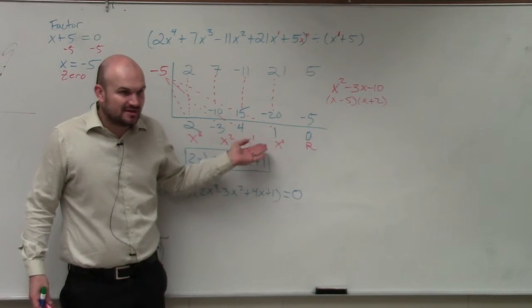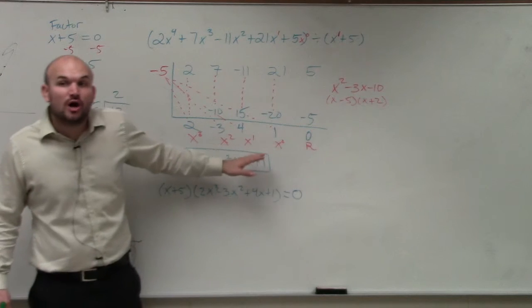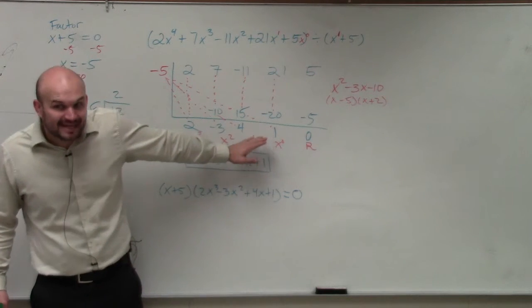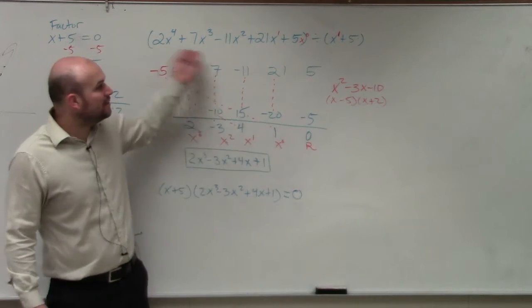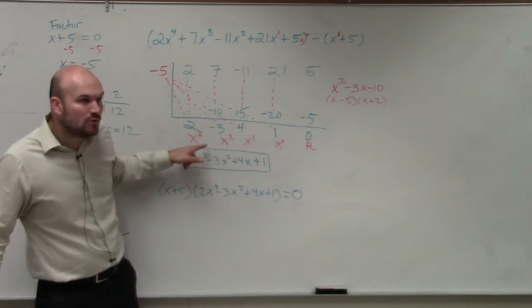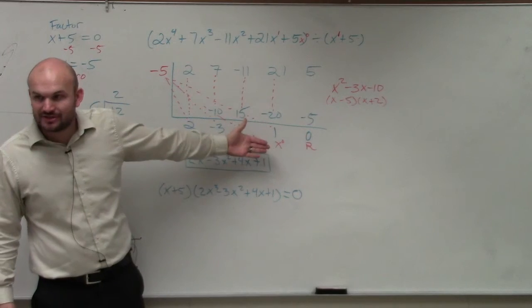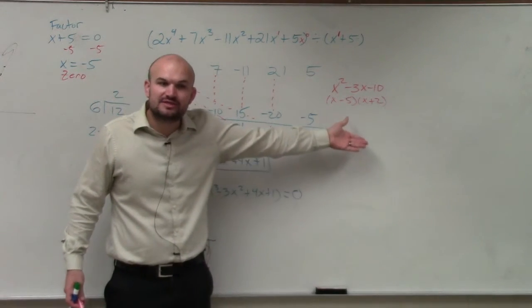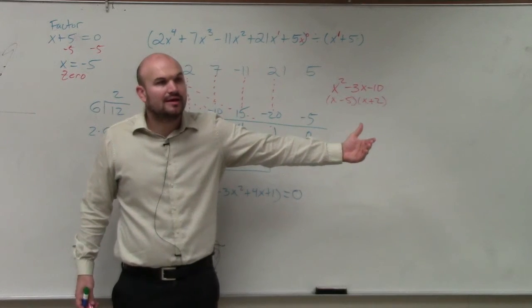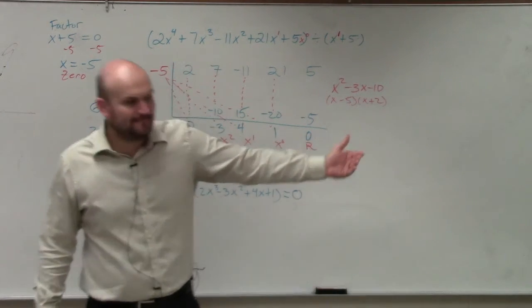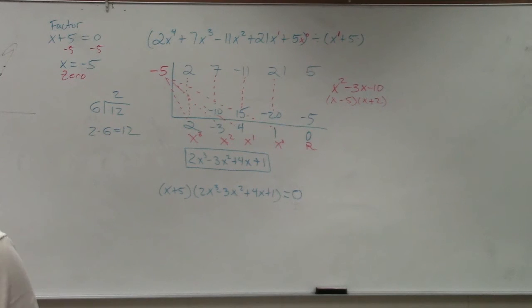It's not just an answer. It's also a factor. So if you are asked, hint, hint, to find all of the zeros, when you do synthetic division and you get a quotient, that's a factor. You can set your factor equal to 0 and solve for more factors and more zeros. Hint, hint. OK? Now, what I'd like you guys to do, wow, that was a long